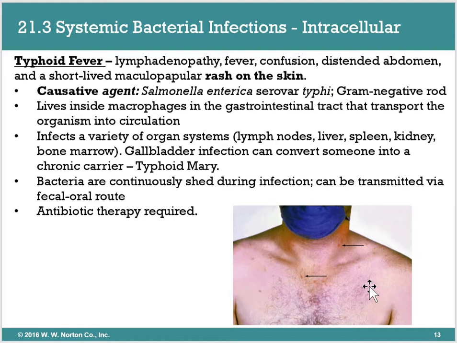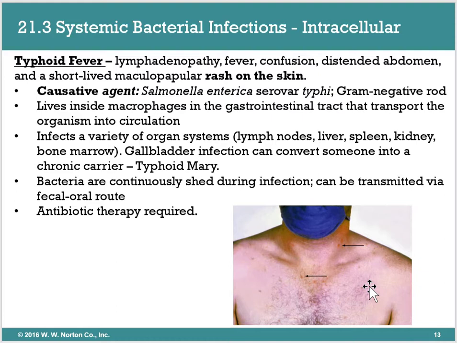The causative agent is Salmonella enterica, I believe you pronounce it, serovar Typhi, or Salmonella typhi. I'm super lazy. So it is a gram negative rod. It does avoid our immune system because it can actually actively live inside macrophages within your gastrointestinal region. And that is actually how it gets transported into your circulation system, because in our stomach we do a lot of absorption, so that is what will happen.